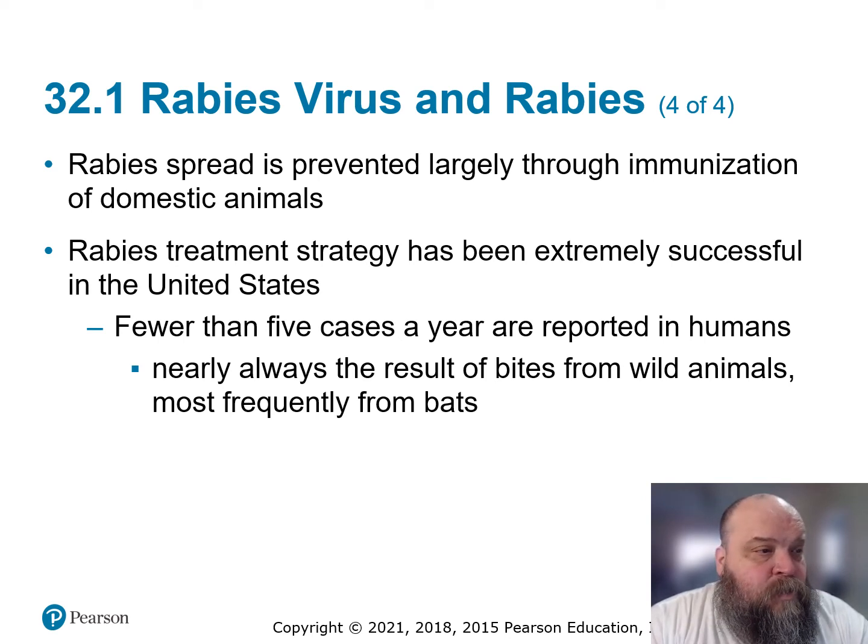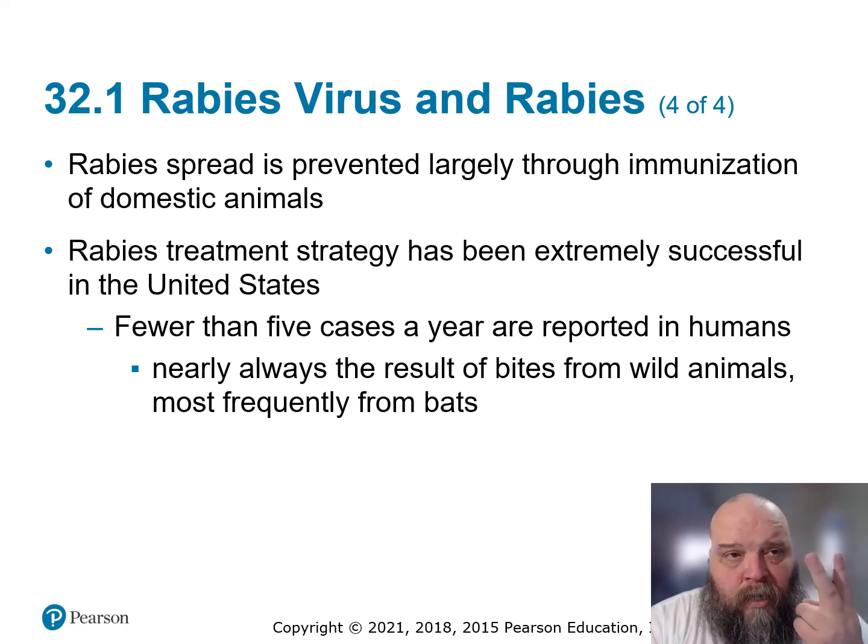Since we immunize your dog, your cat, even cattle if you're on a farm, the horses, the pigs, the cows, the goats, everybody gets the rabies vaccine. This cuts down on the chances of them getting sick with it, because if they're out in the pastures, out in the fields, they're going to get attacked by something at some point in time. And it reduces our exposure.